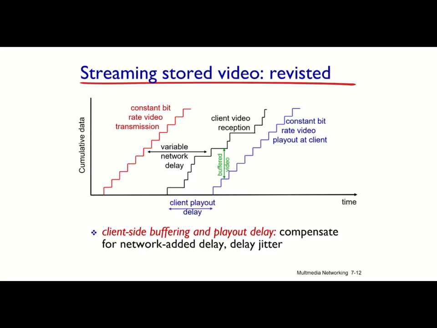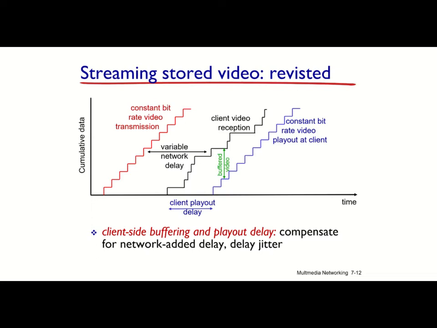And finally, you see the blue plot, which shows the rate in which the video is played out at the client side. Obviously, this rate has to be constant because the client wants to enjoy the video, and it has to be rendered at the same rate that the video was recorded,